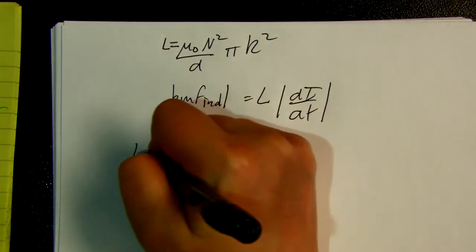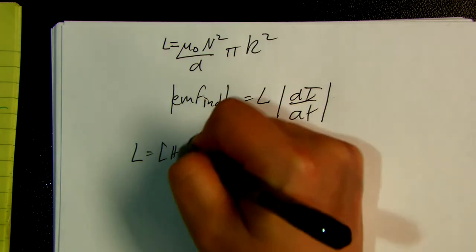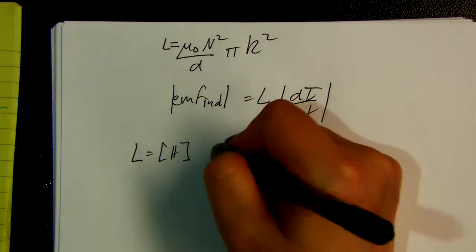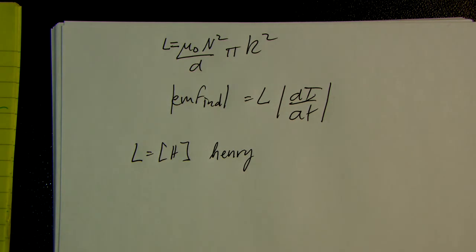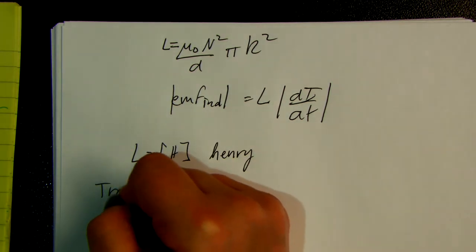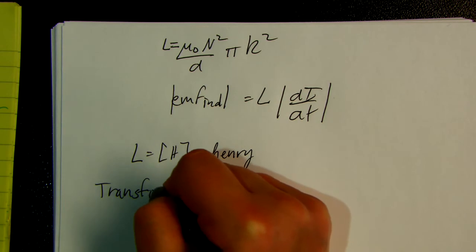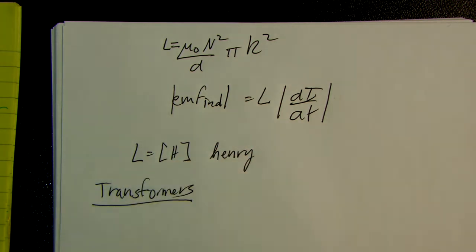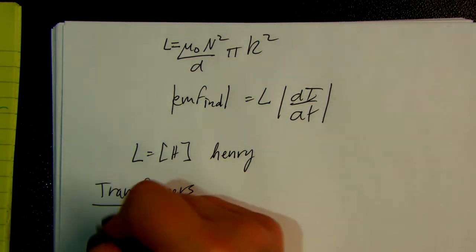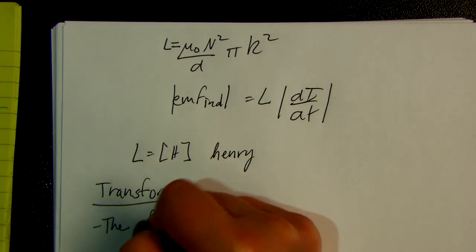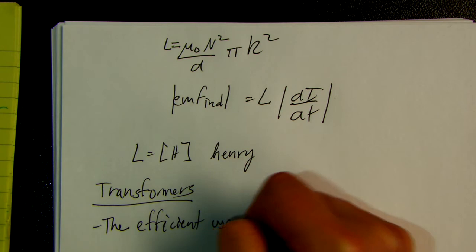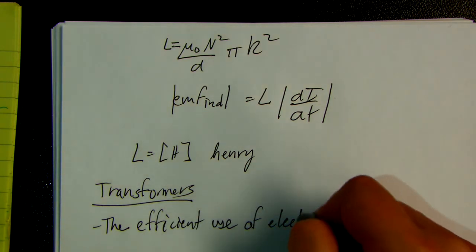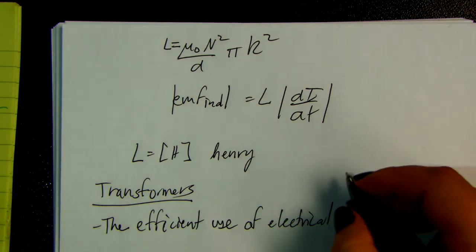The unit for L is something called a Henry, and we use a capital H. All right, so transformers. This is an application of what we've learned so far. So the efficient use of electrical energy